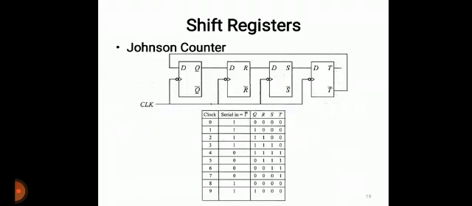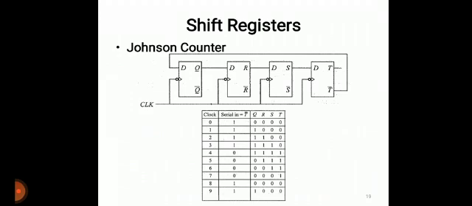The next type of counter is the Johnson ring counter, also called a twisted ring counter. This is another shift register with feedback, exactly the same as the standard ring counter we have just discussed, except that this time the feedback is the inverted output. In the ring counter, the output of the last flip-flop is taken as the input of the first flip-flop, but here the inversion of the output of the last flip-flop is connected back to the input of the first flip-flop. The main advantage of this type of ring counter is that it only needs half the number of flip-flops compared to the standard ring counter.